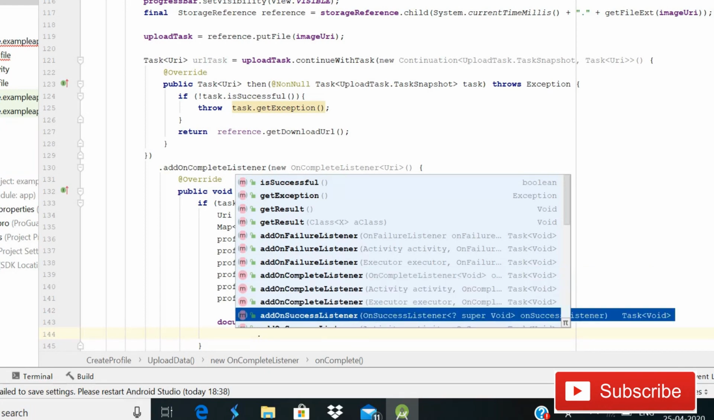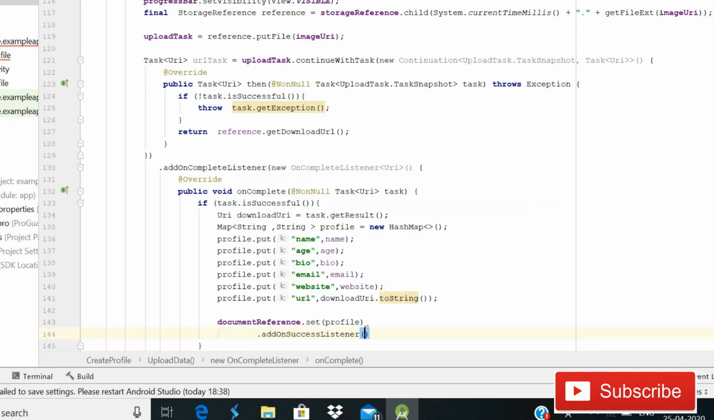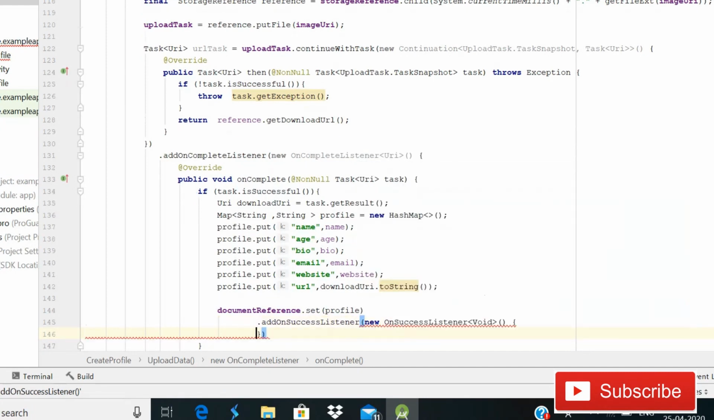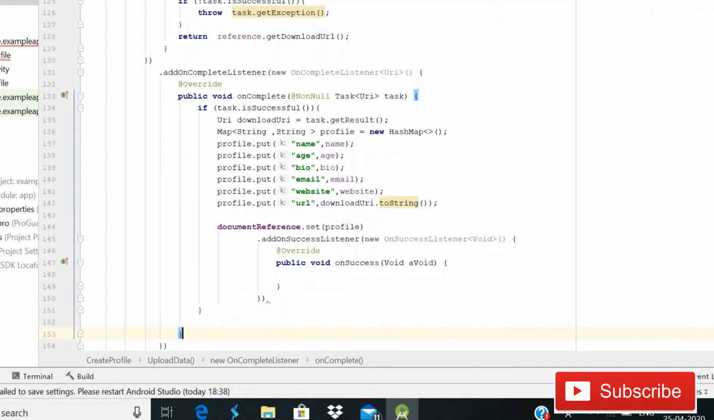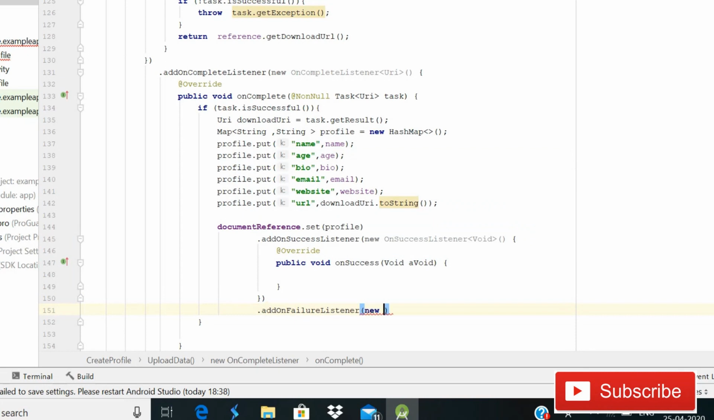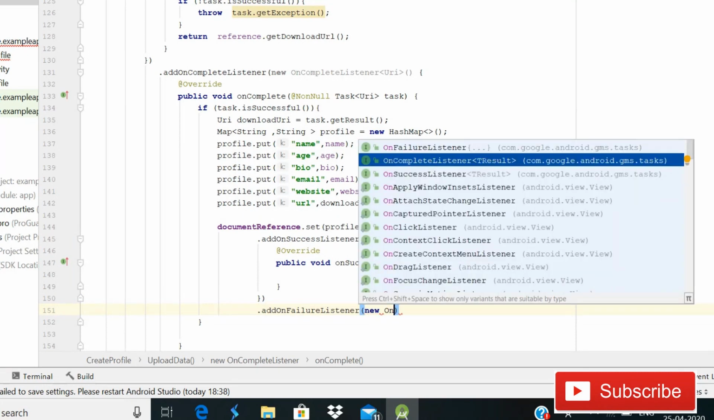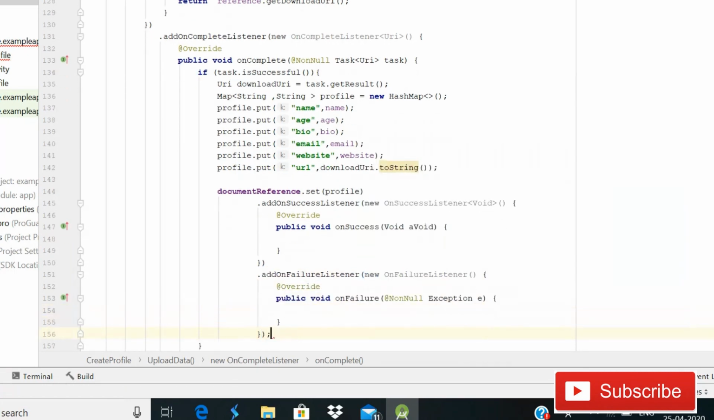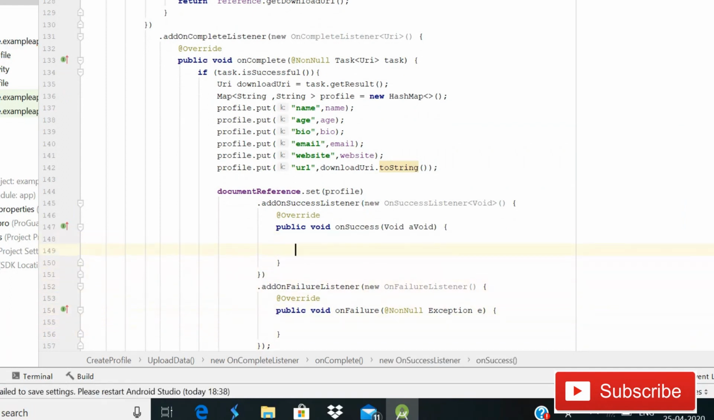So when this will be, simply write add on success listener, then new, then on success listener. So guys, now you can see that when our data is saved successfully, after this write add on failure listener. So in case we get any failure or problem, we can show a toast message. So when this image is uploaded successfully, then we are creating this map, so that map will save that data,